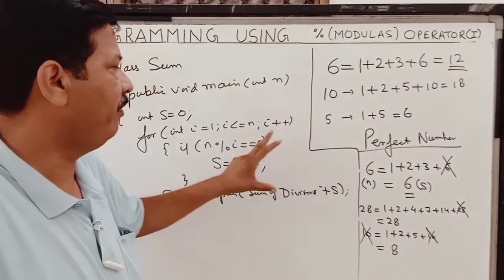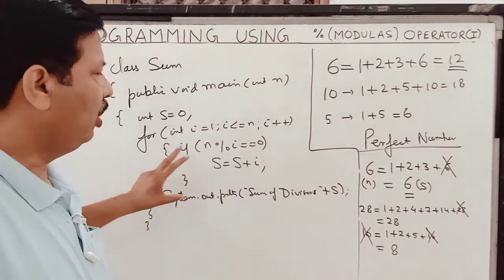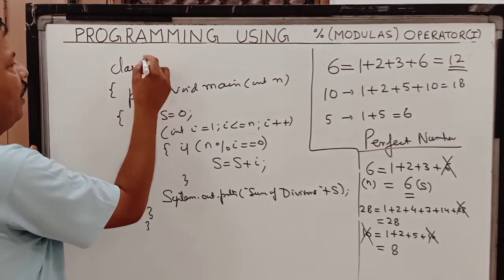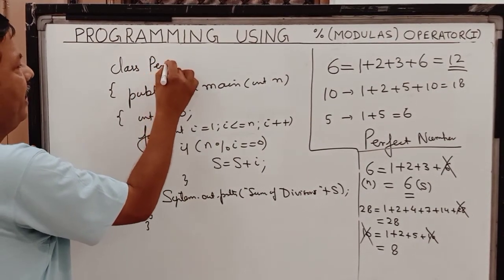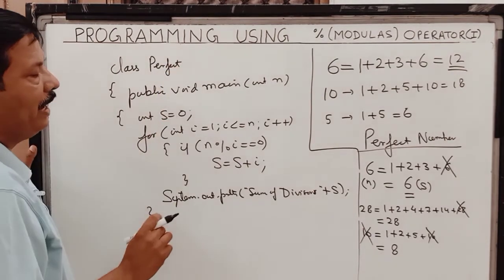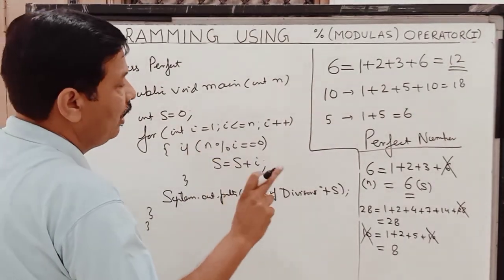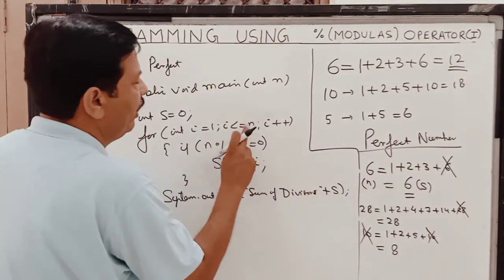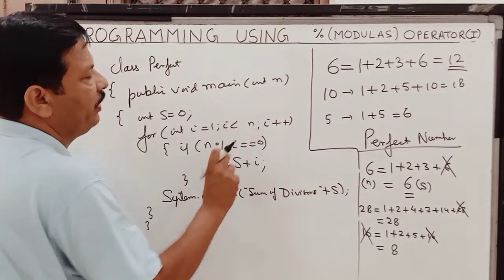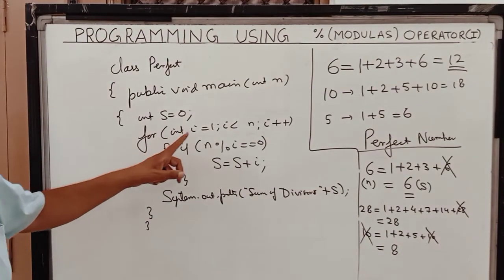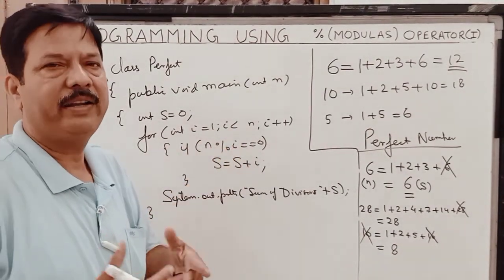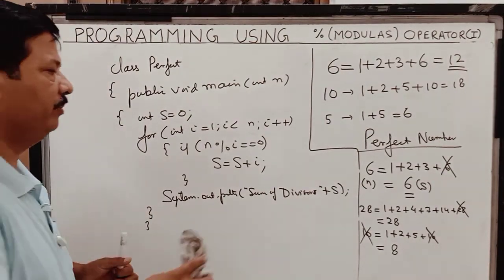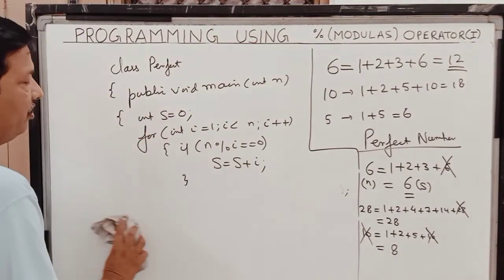And children, the sum of factors we have already done. Now what we can do in this program is, I am going to change it to perfect. I am checking a number for perfect, and to run the loop, I am running my loop not from 1 to 6 but from 1 to 5. So I have just removed this equal to sign. I am running my loop from 1 to less than that number, because I have to remove that number, and I have found out my sum.